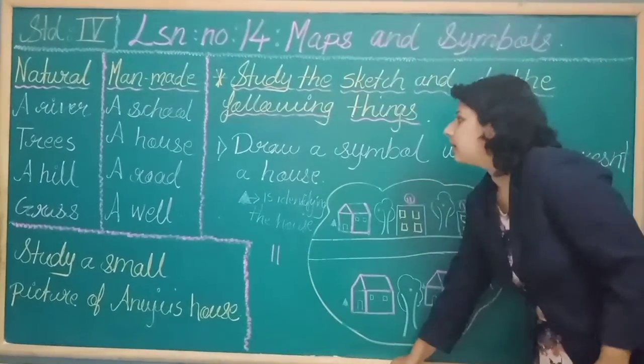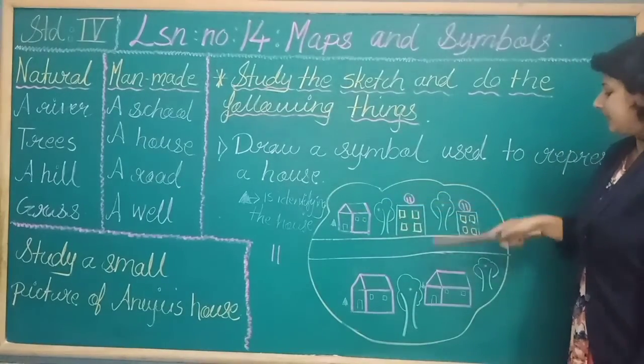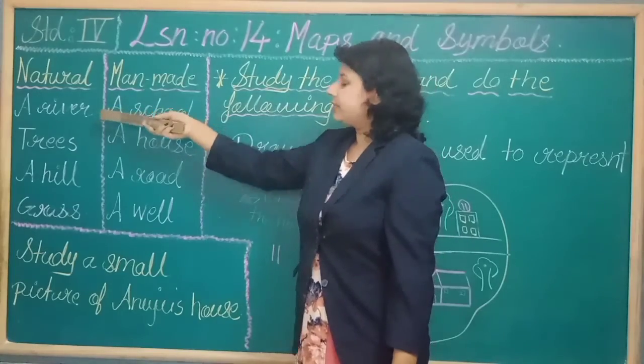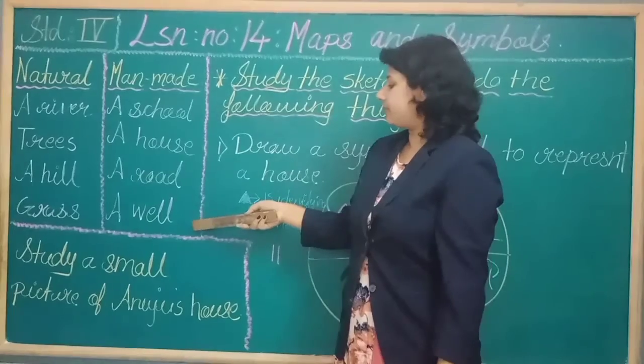So, these are the symbols which represent certain things in the maps. Then natural resources, which we get from nature, and man-made resources, which are made by man,